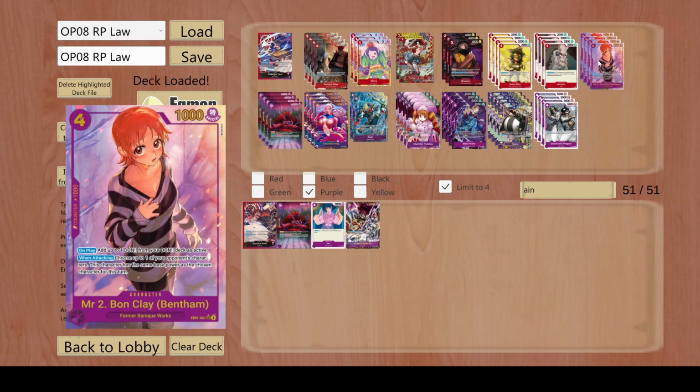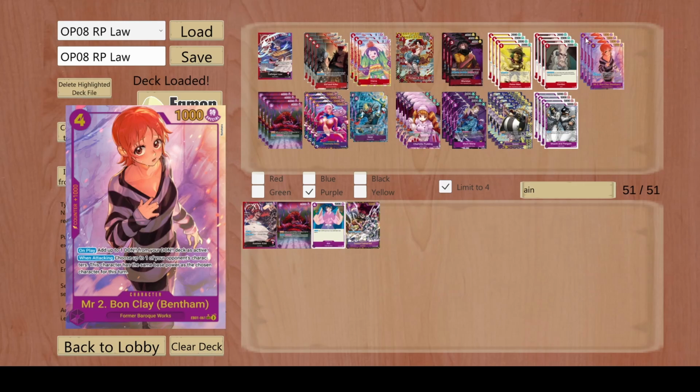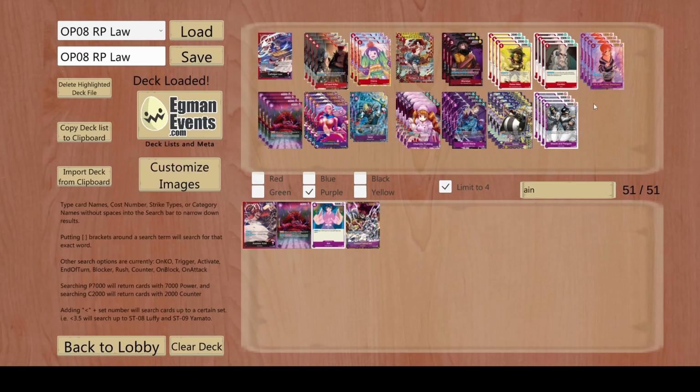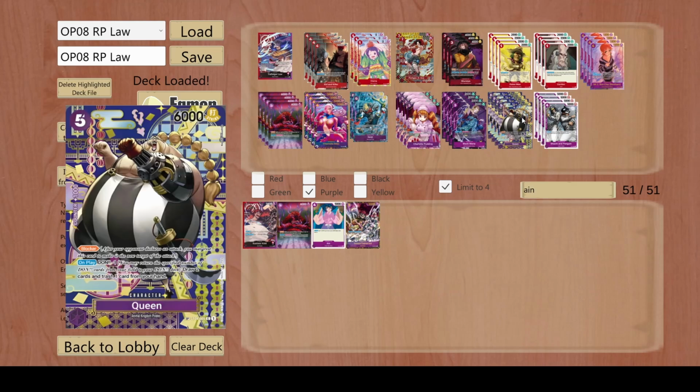If Bond Clay is still too expensive on OP08, I believe it's going to be even more expensive than now, because the set is not going to be sold as much by then, obviously. So yeah, you can potentially remove Bond Clay and play the Ayn as a budget option, and the rest you guys can afford it. Obviously Gordon, you can take Gordon, because, you know, like, taking away these two, for example,